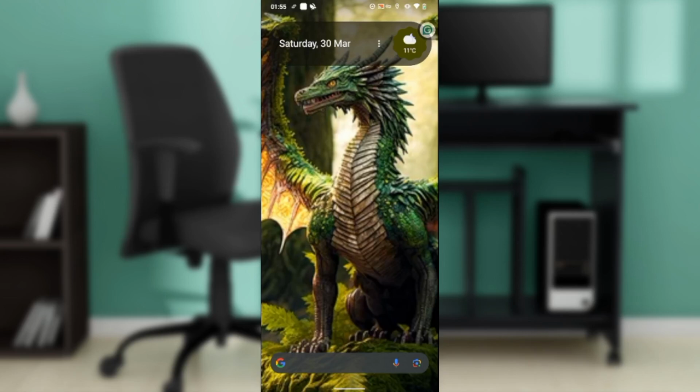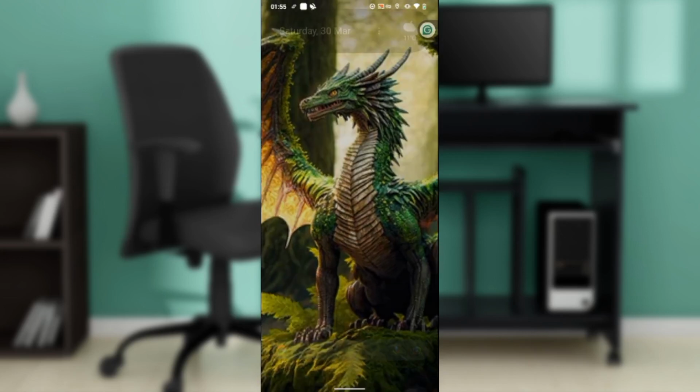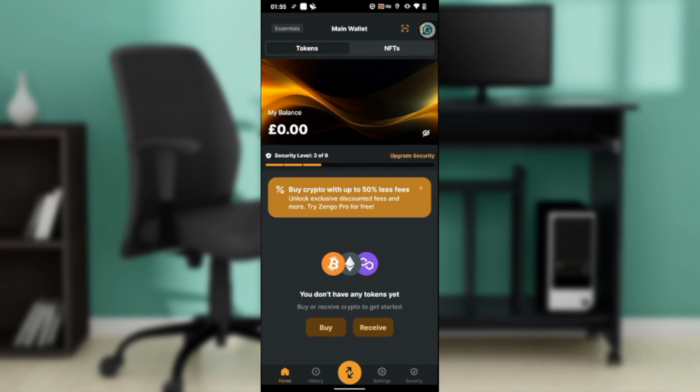Hello. In this tutorial, I'll show you how to check the transaction history on Zengo wallet. The first thing I'd like you to do is to launch your Zengo wallet, which of course I have done